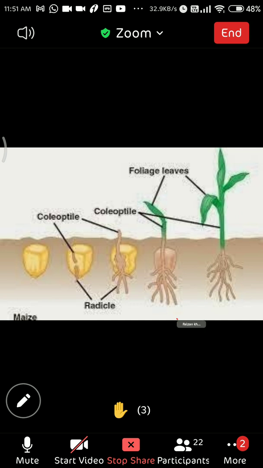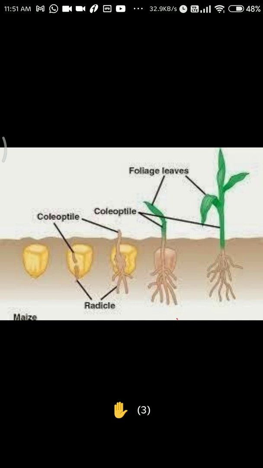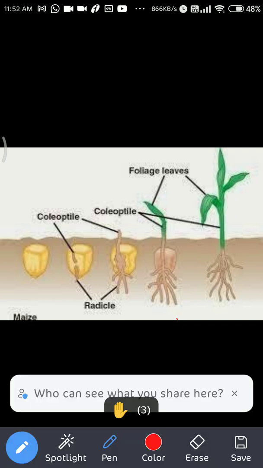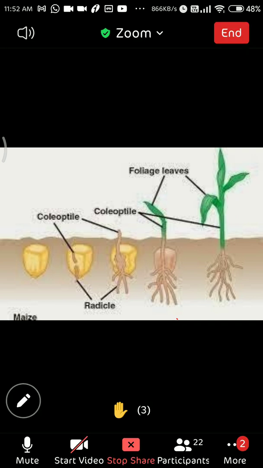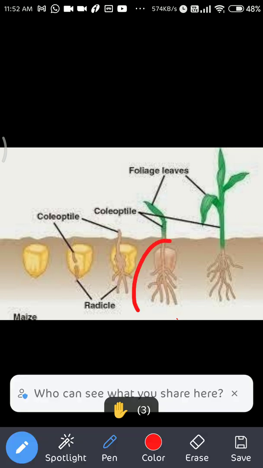So two types of germination are there. One is in the monocot, like in maize, where the cotyledon does not come out of the soil, and that will shrink inside the soil only. Like here, and only the leaves come out. In the next picture, I'll show you